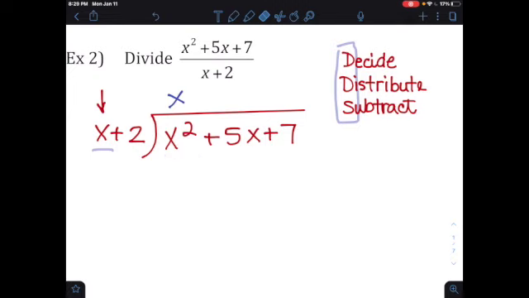And after you decide, you are going to distribute. The x is what you're going to distribute to the x plus 2. That's why the distributive property is so important. The x times x here, that's going to give you x squared. Then you're going to do x times the 2, positive 2. That's going to be plus 2x. Then that's the distribute. Then what you're going to do is the next letter thing,